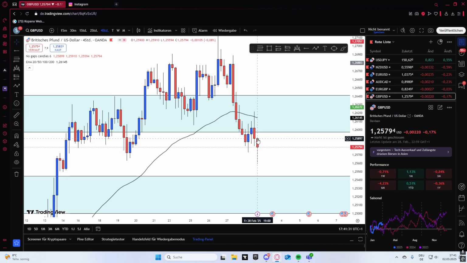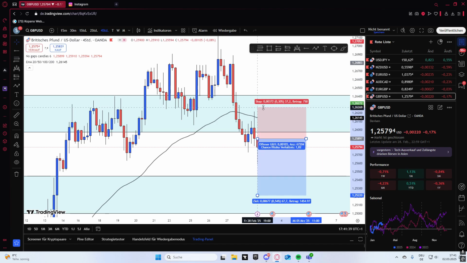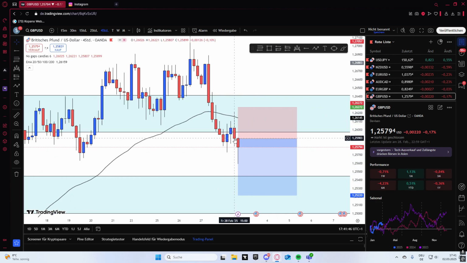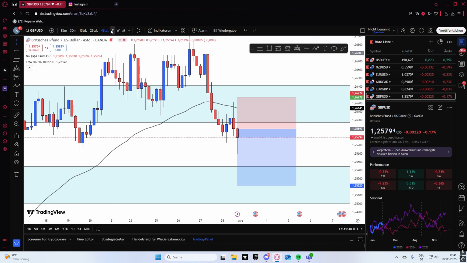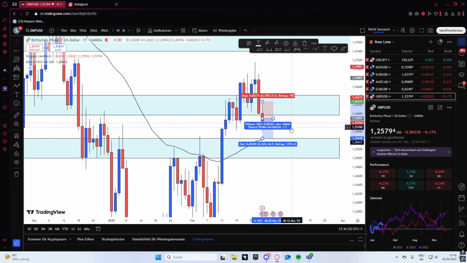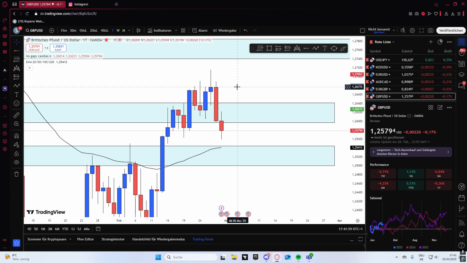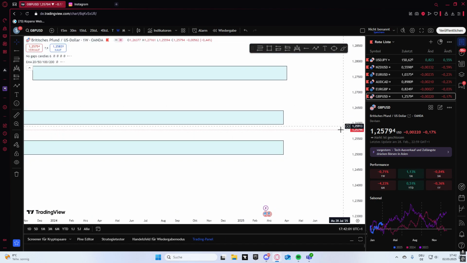So this was one reason why I didn't want to take this trade, and also my risk to reward would be horrible. So my stop loss would have been above this wick, and my entry after the 4 hour engulfing, and my take profit would have been right here. So this would be a 1 to 1.2 risk to reward, really bad. So I didn't take this trade, but it looks very clean,